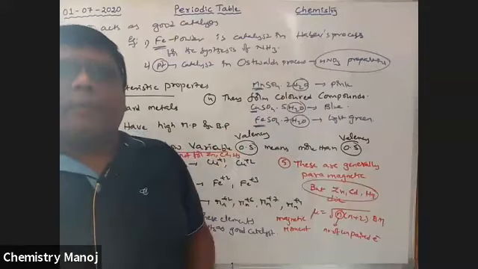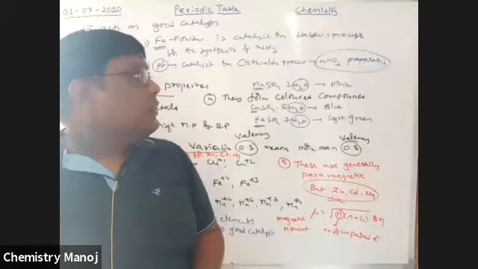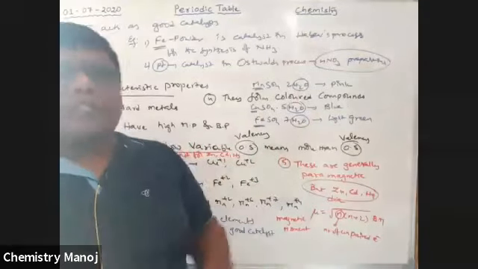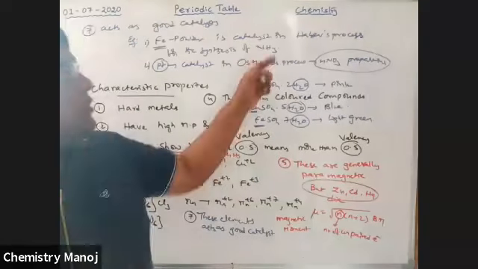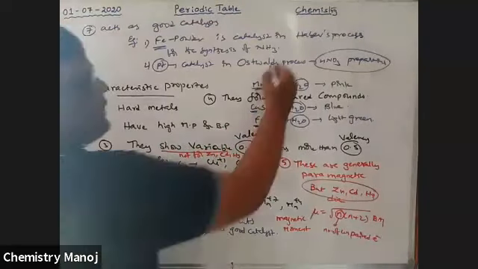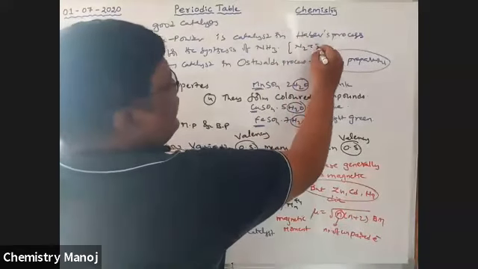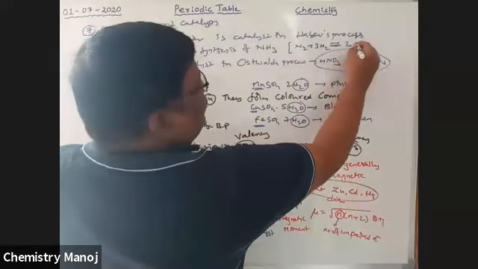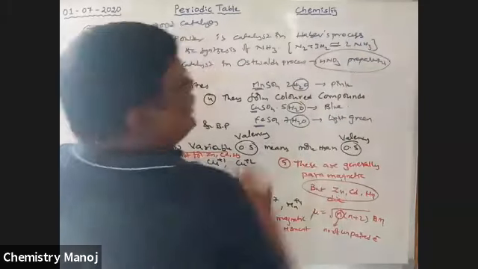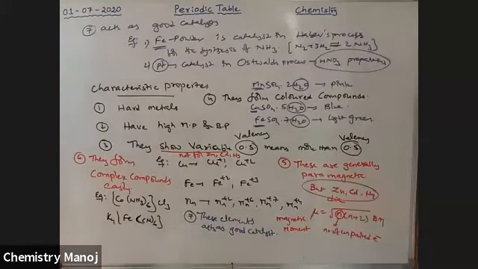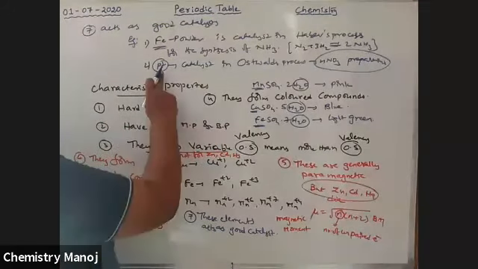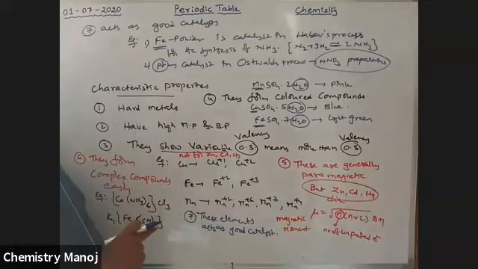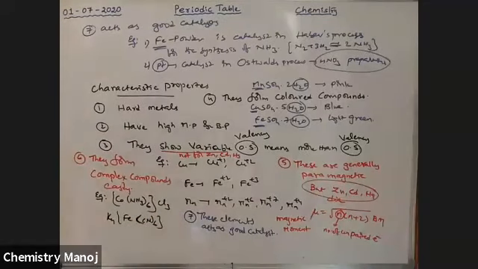Haber's process is nothing but ammonia synthesis. That is done by Haber, and the process is named in honor of him. So ammonia is synthesized. Here the equation is N2 plus 3H2 reversible with 2NH3. In this way, ammonia is prepared. In that reaction, the catalyst is iron powder. In Ostwald's process, the catalyst is platinum. Please bear it in mind.